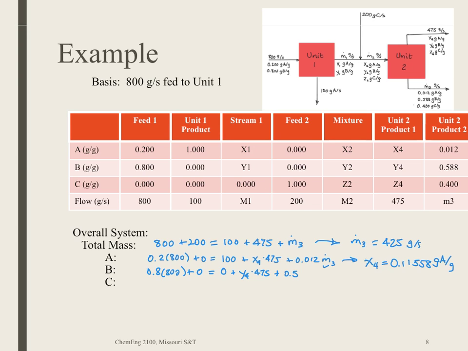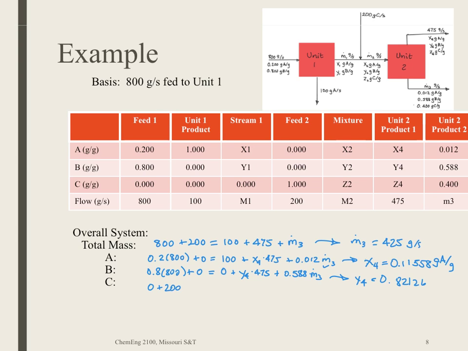And I have compositions here, and I can solve for Y4. Y4 is 0.82126. Now I also have C, okay, and the C balance tells me nothing came in feed 1,